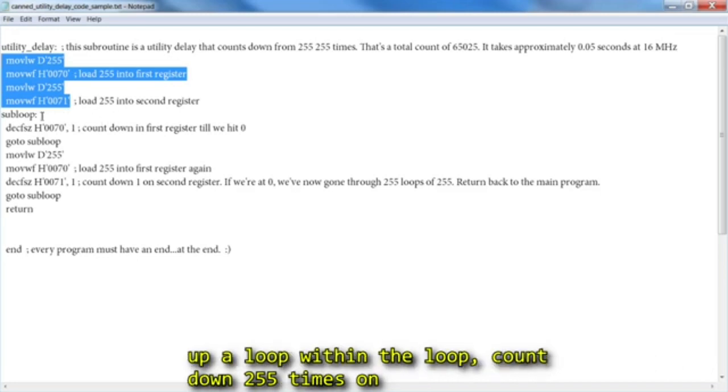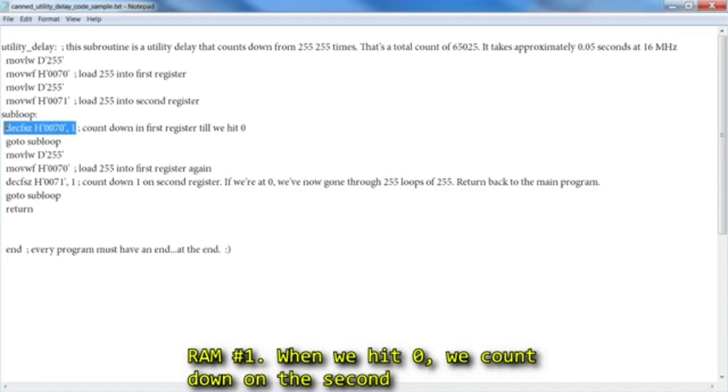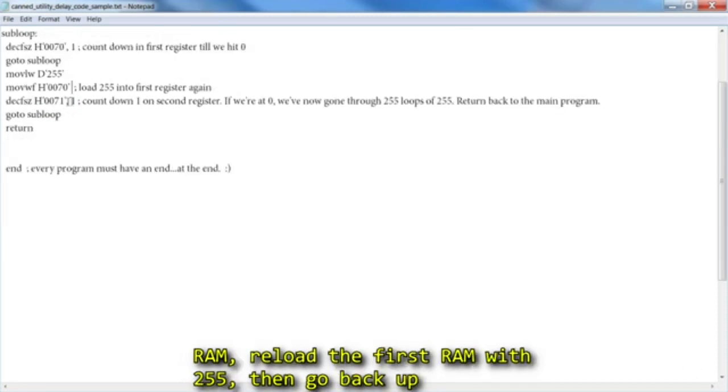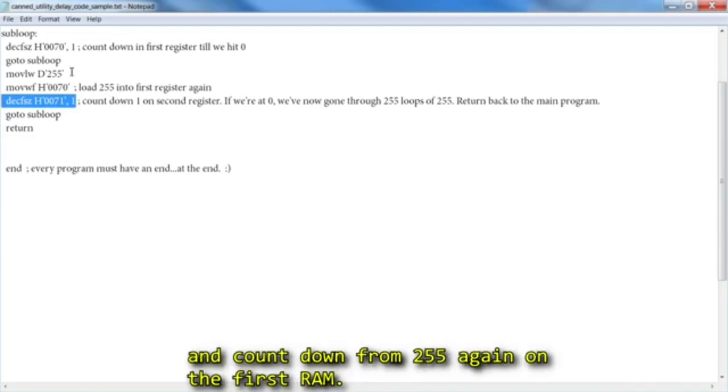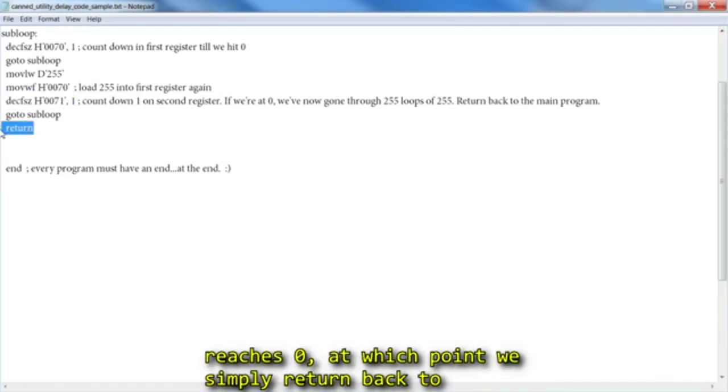We then set up a loop within the loop, count down 255 times on RAM number 1. When we hit 0, we count down on the second RAM. Then go back up and count down from 255 again on the first RAM. We keep doing this until the second RAM also reaches 0, at which point we simply return back to wherever